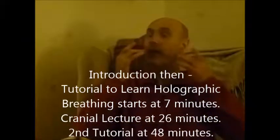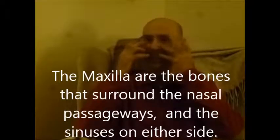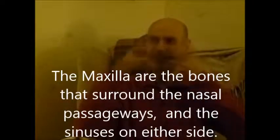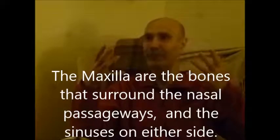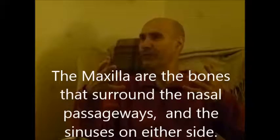I was trying to do my own orthodontics by breathing into the maxilla, because I needed to open the maxilla and bring it forwards. I was going to have to have five years of orthodontics, something like that, and be very intrusive. So I thought, well, where there's a will, there's a way. So I was breathing a lot into the maxilla as if it was a pair of lungs, opening and closing